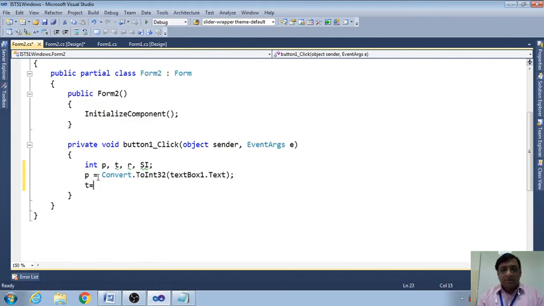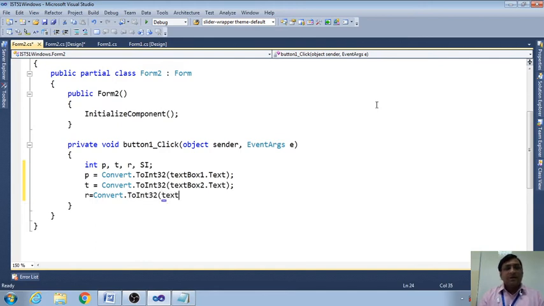Then t equal to Convert.ToInt32, and we will have textBox2.Text, and r equal to Convert.ToInt32, and we will have textBox3.Text.